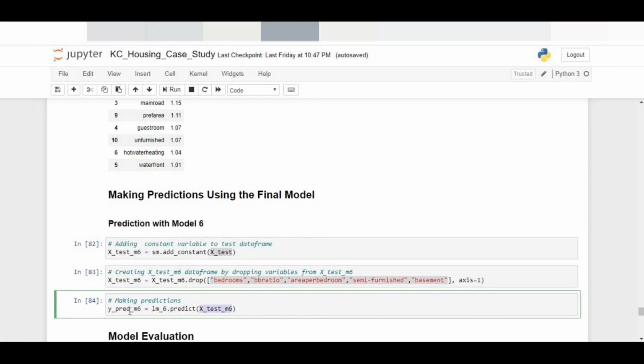That would give me the predictions for the test data set. Now I have the predicted values for the test data set and the actual values for the test data set. Using the values of these two columns, I have the liberty to compare how well my model is performing.